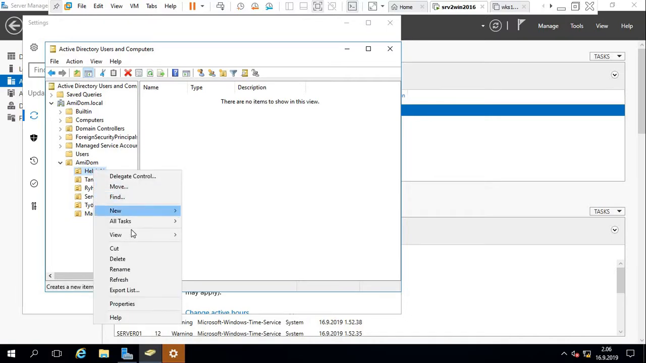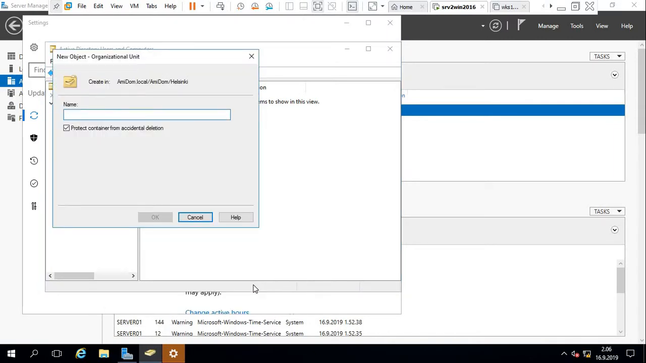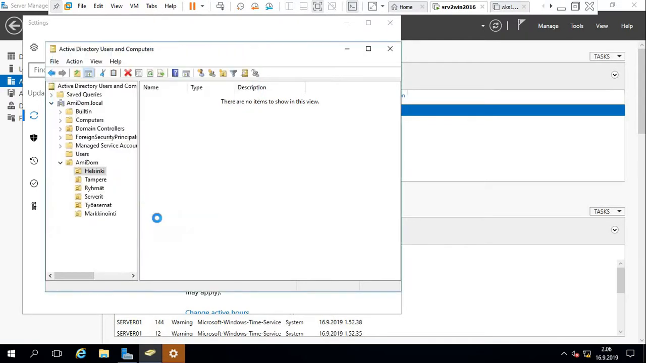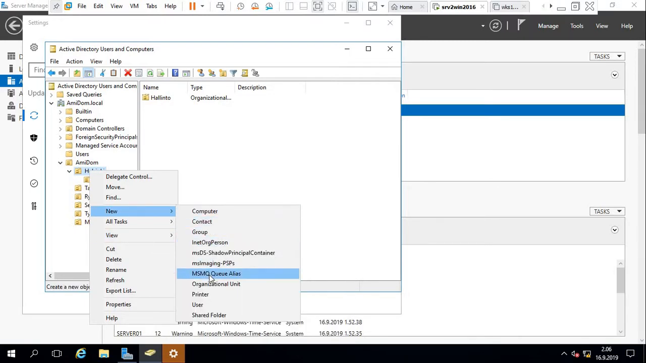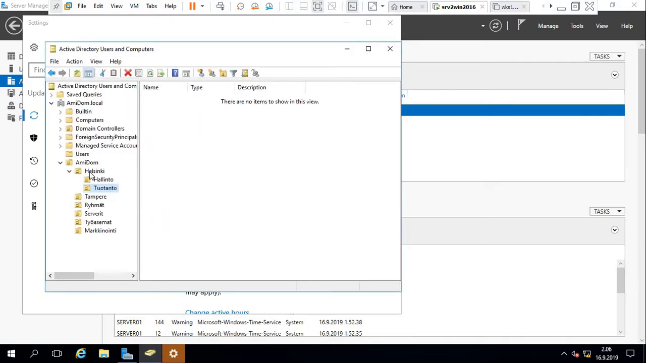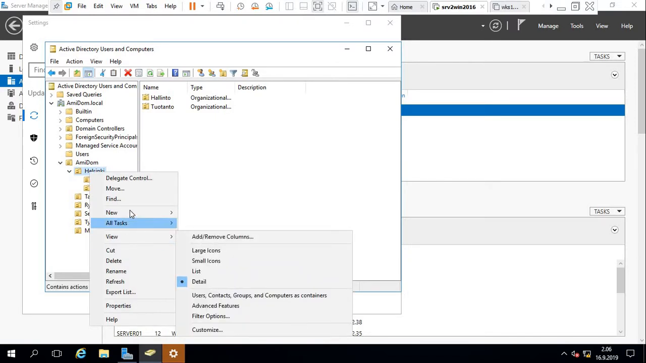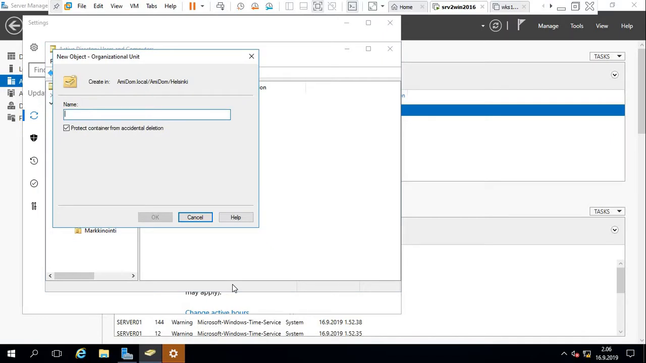We can create it with right click, New, and Organizational Unit. The name will be Hallinto. It came inside Helsinki, it became Hallinto. We will make more, so you have to go to New again, Organizational Unit, and then we are going to tuotanto. And we are going to Helsinki again, New Organizational Unit, and we are making